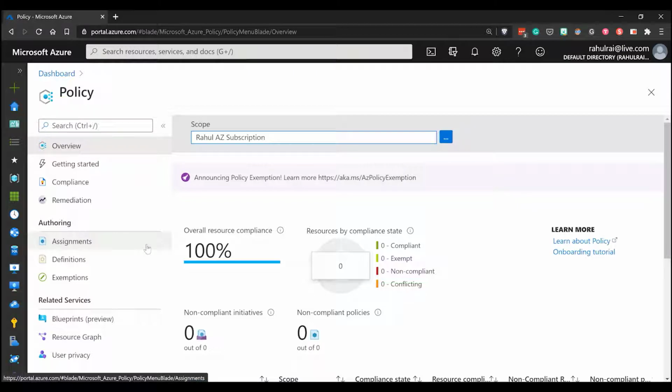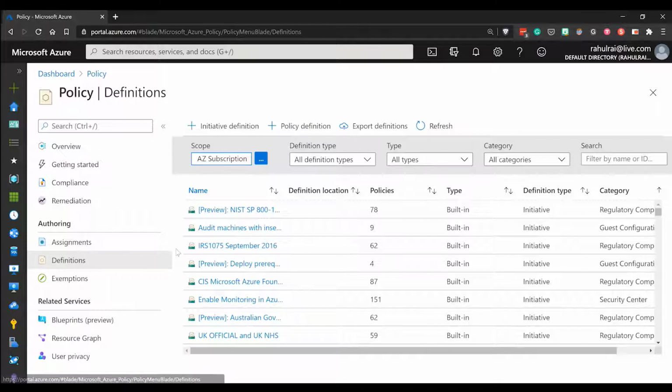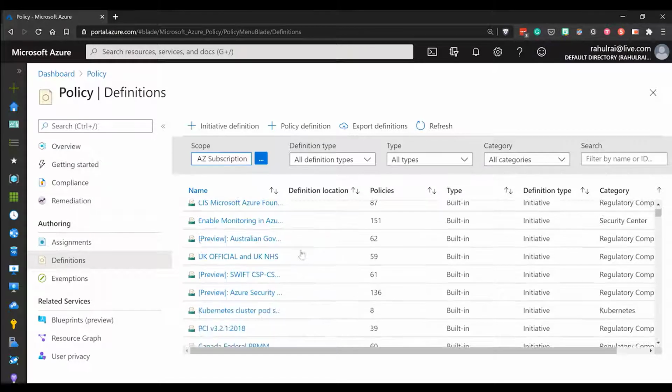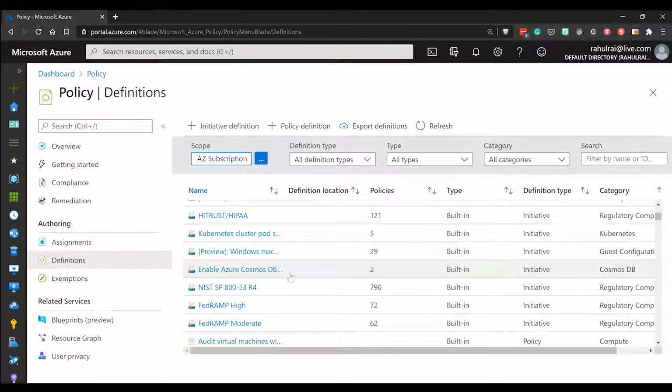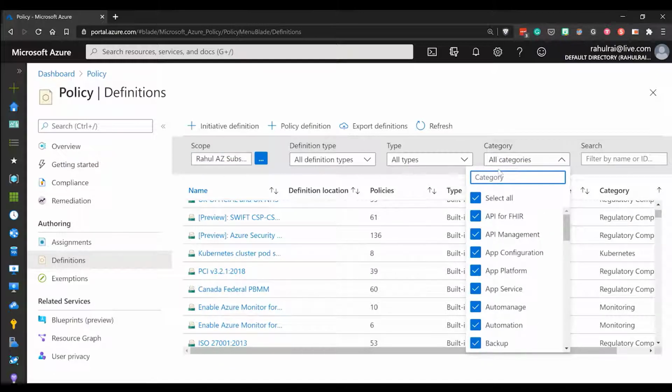In the policy service, click on the definitions. You would find that there are a bunch of inbuilt definitions that you can use. We are interested in a particular definition that allows us to enforce the condition that all pods must have an owner's label.